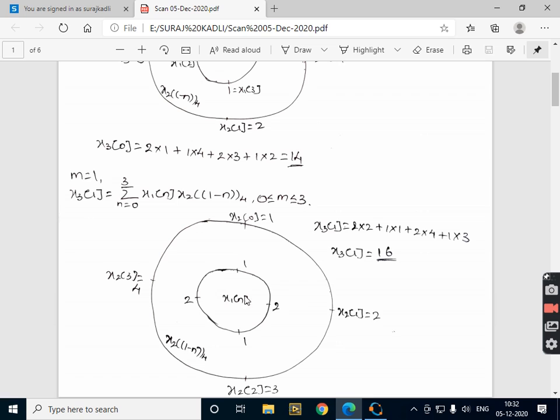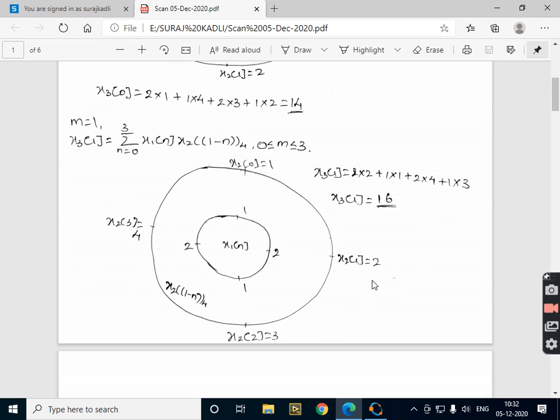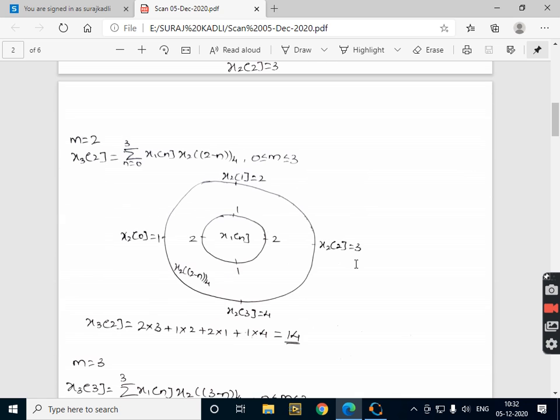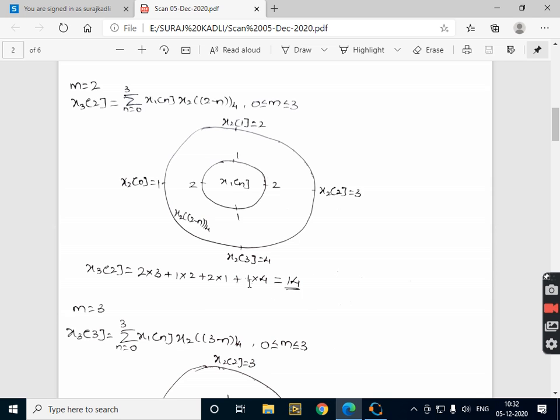Now again, corresponding samples will be multiplied together and their partial products will be added together. 2 into 2 plus 1 into 1, 2 into 4 plus 1 into 3. So it will result in 16. So this will be the second point in the 4-point circular convolution. And these steps will be repeated for m equals 2 and m equals 3